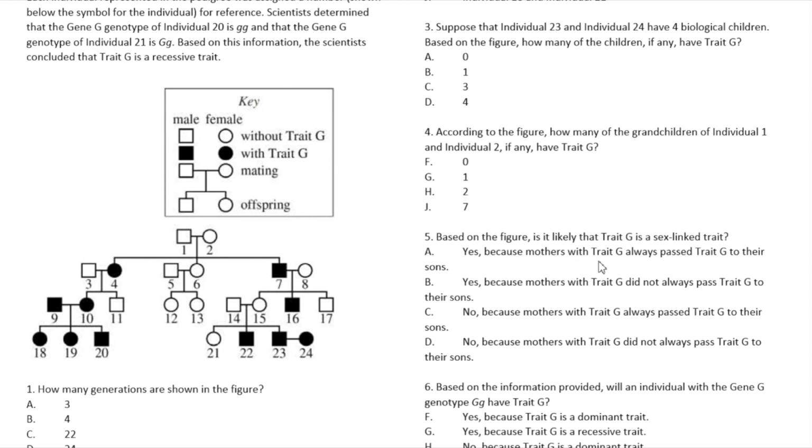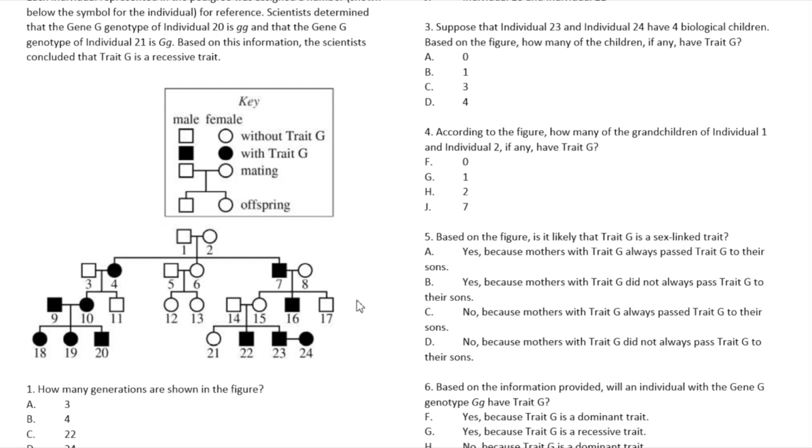A says, yes, because mothers with trait G always pass trait G to their sons. And all the others have something similar. It's either yes or no, or they always passed or did not always pass. So it appears that a link between the mother and their son is how we determine if it's a sex-linked trait. So let's go over and take a look at all the mothers and then look at what their sons